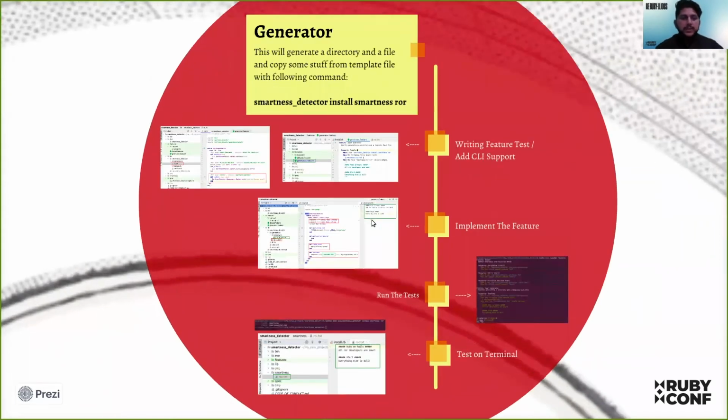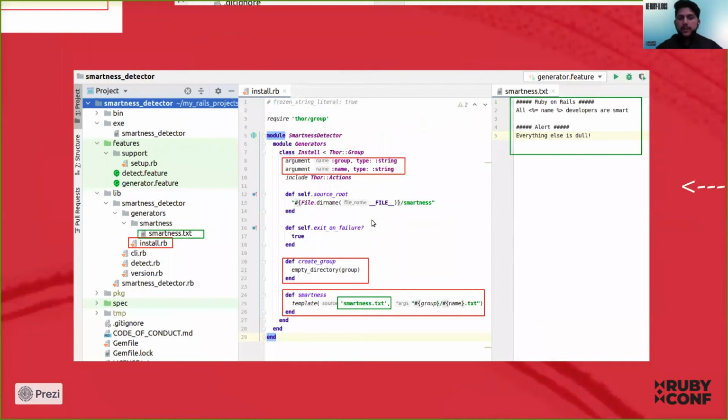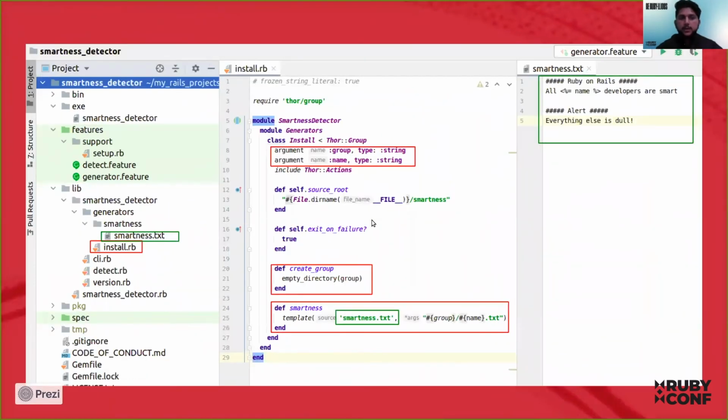To implement the feature, again, we have to add an install.rb class under the generators module in the lib directory. And this install class will be inheriting from Thor group. Thor group will give us some handy features to create templates and directories. So three important things in the class: we are accepting two arguments.